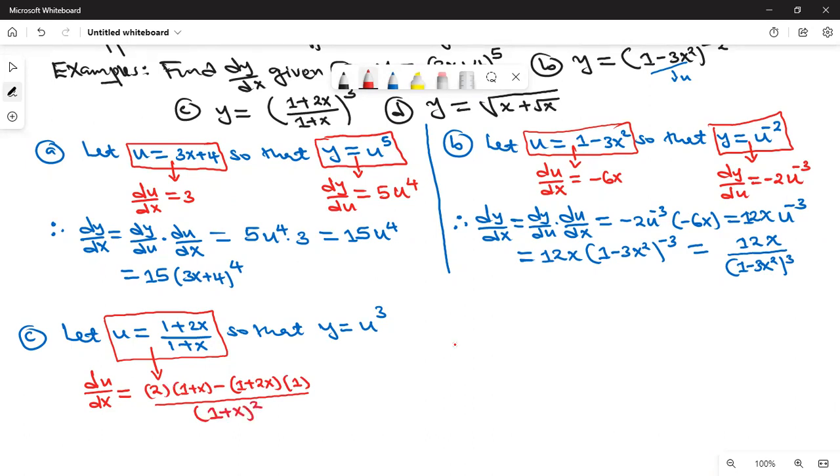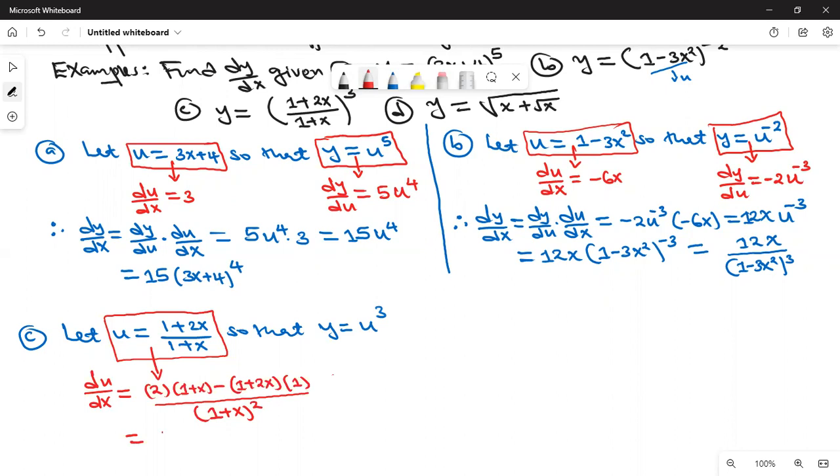Remember our quotient rule? When you are differentiating u over v, it was u prime v minus u v prime over v squared. So u prime means the derivative of the numerator while keeping the denominator constant, minus u, that means the numerator is now constant, differentiate the denominator, then over the denominator squared. And this can be simplified to give us